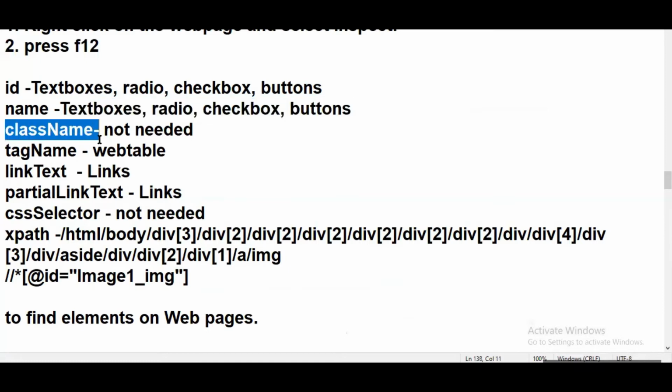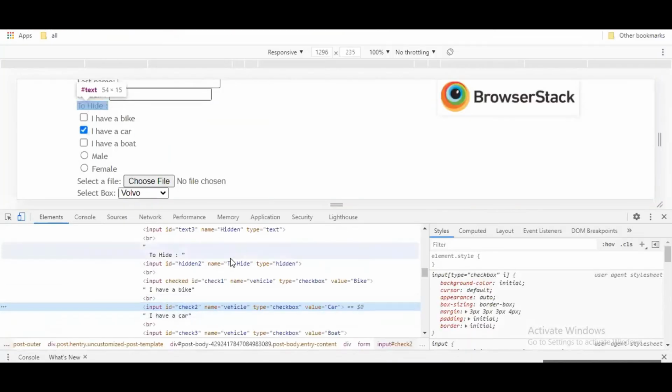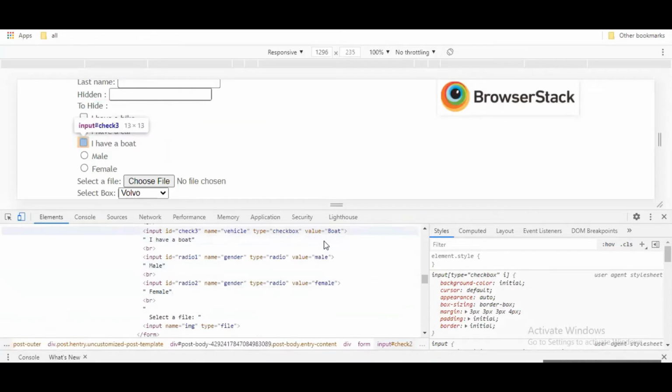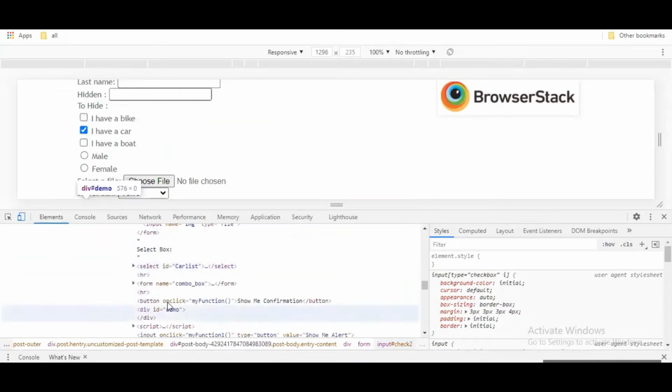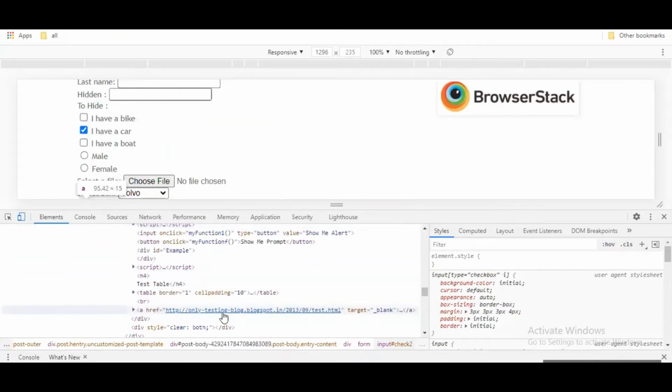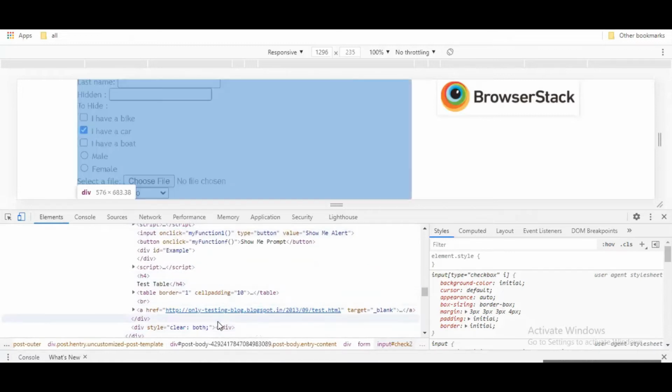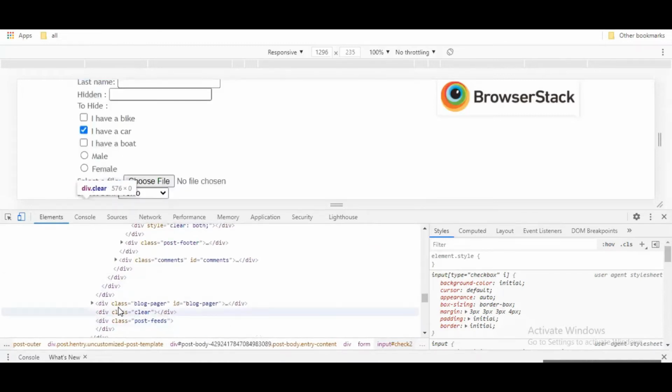Class name, we won't be using. Why? Because class name is somewhat difficult. Sometimes they will be giving the same class name. See, class name is not even available here. Can you see the class name anywhere in this coding? See, here it is there. But if you use class name, sometimes the same class name will be used twice